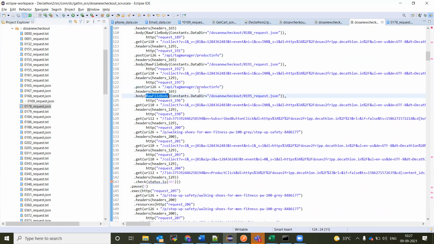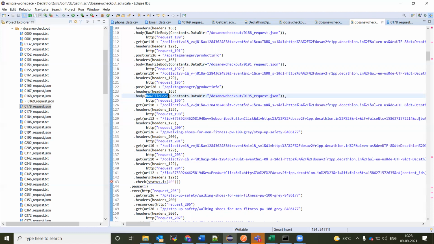Gopi, that is what Arun explained, right? So we do have three types of things. One is the ELF body, the raw ELF file body, and then the string body. For the string body, if you are passing the post body directly, we can pass it in the script itself. Else, if we want to pass it from a file, that body will stay in the request.json file. So now in the request.json file, we'll be passing that particular body.